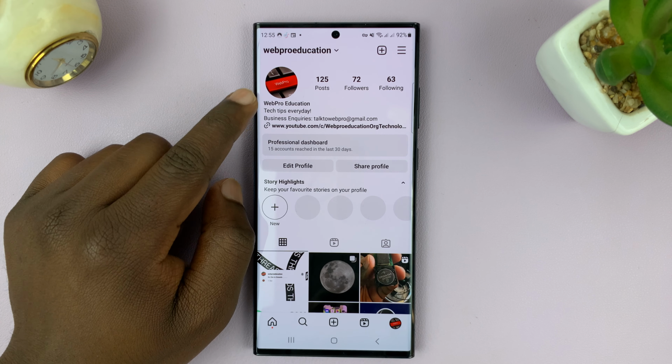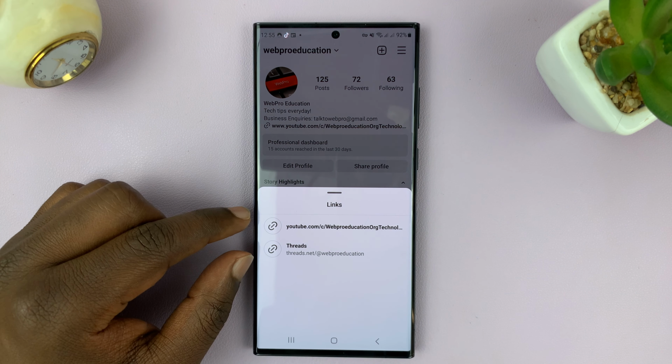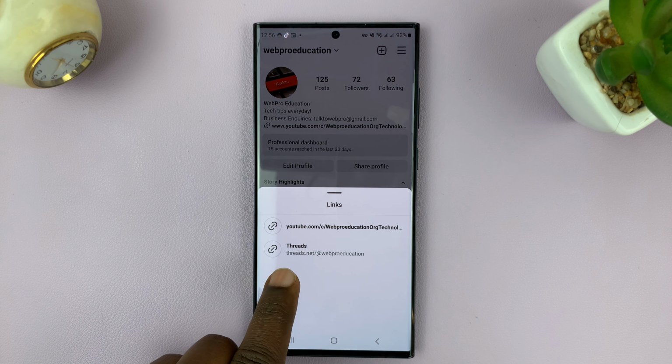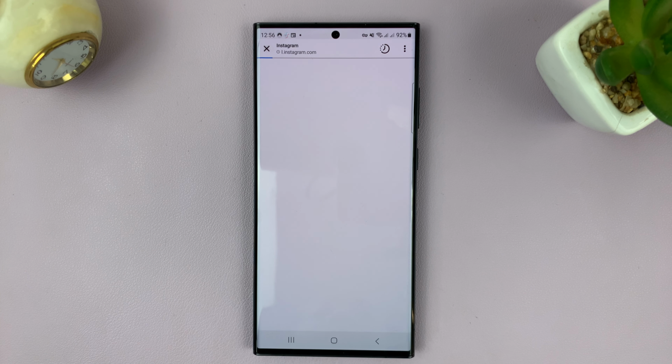users can now come to the link section, tap on the link. It's going to show them all the links available, and what you want to do, they can now tap on the Threads link. That's going to take them to your Threads profile. And that's basically how to add your Threads profile link to your Instagram